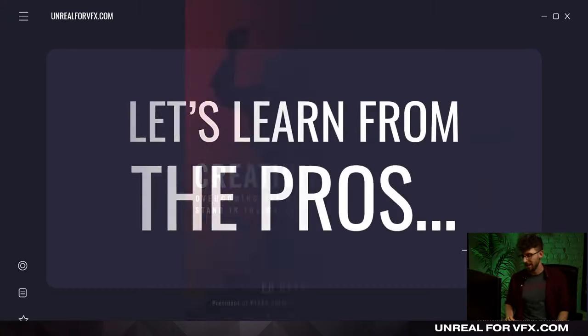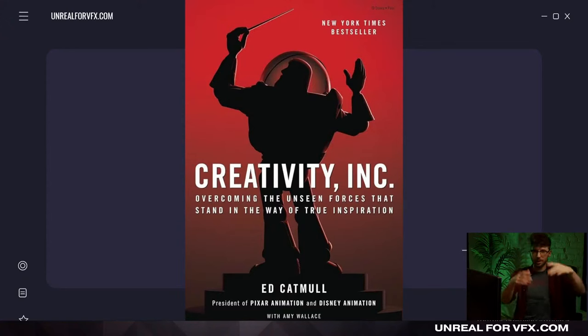So over Christmas break in 2023 into 2024, I picked up this book called Creativity Inc., which was written by the president of Pixar. This dude founded Pixar 10 years before they made Toy Story and was literally the godfather of modern day CGI. Ed Catmull, he wrote some of the earliest shaders, built some of the first hands in CGI, if you know what I'm talking about. It's that one that you're thinking of. And he founded Pixar. And what was so interesting reading this book and hearing how they make movies, because remember, it's Pixar, guys. They have made Oscar award-winning movies back to back to back to back.